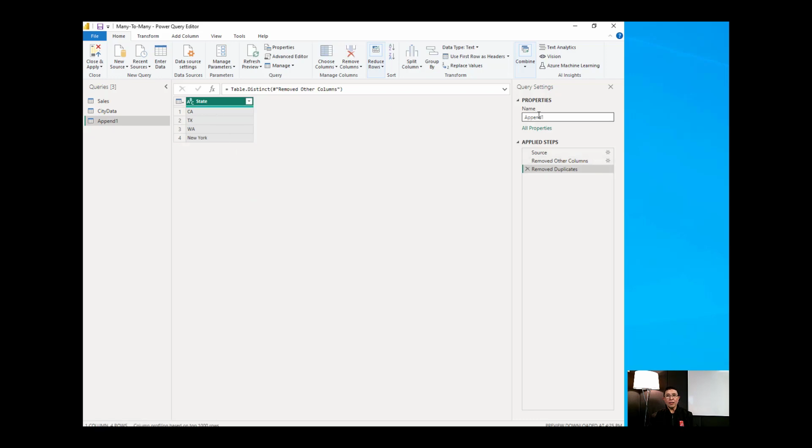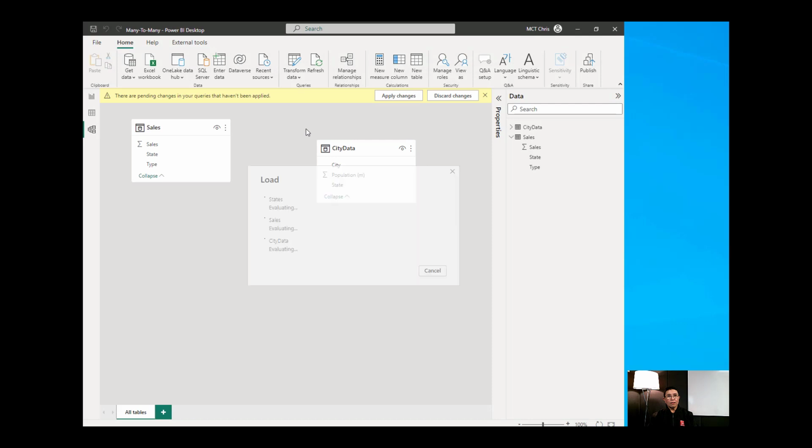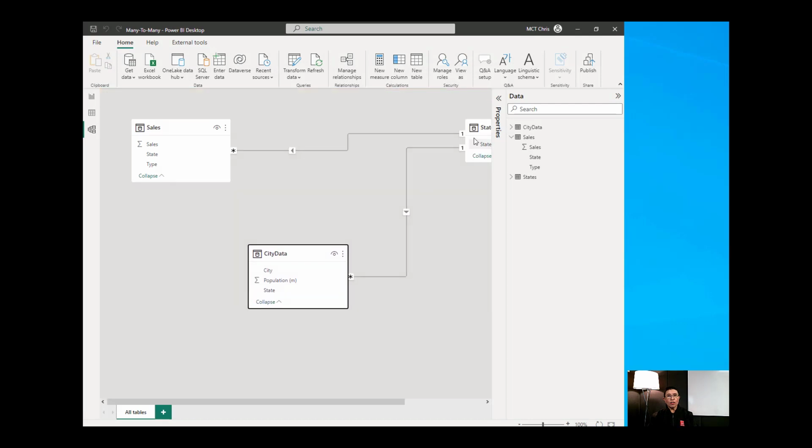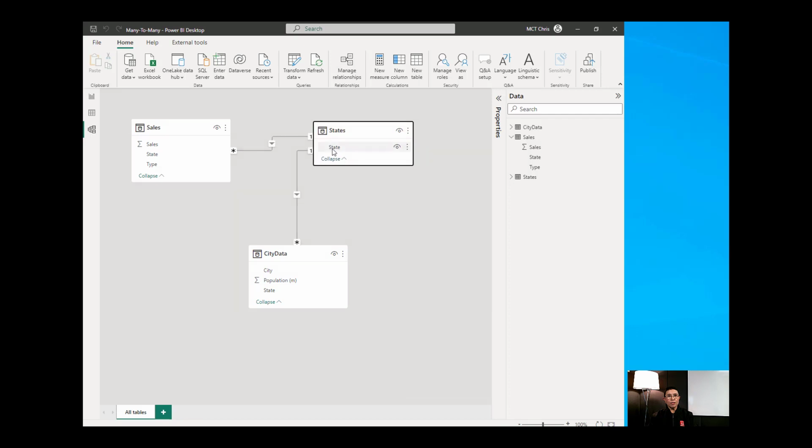Once I have done that, I can now change the name of the table to states and then do a close and apply. Once that has been loaded, because I named my column state, Power BI automatically creates a relationship